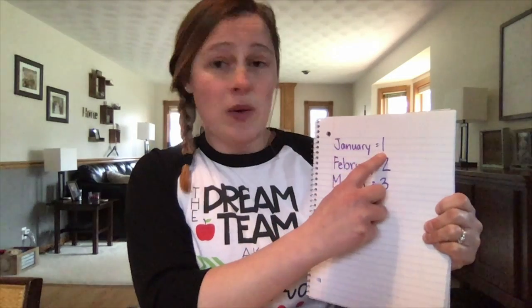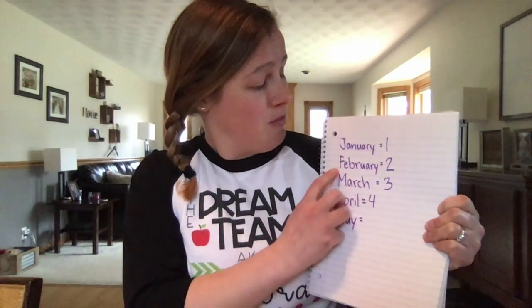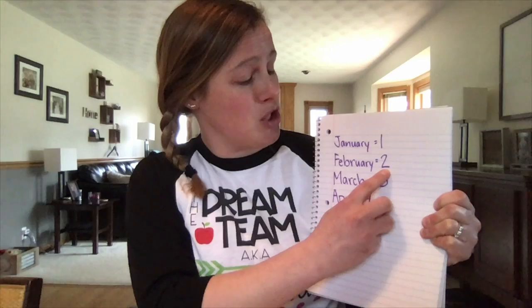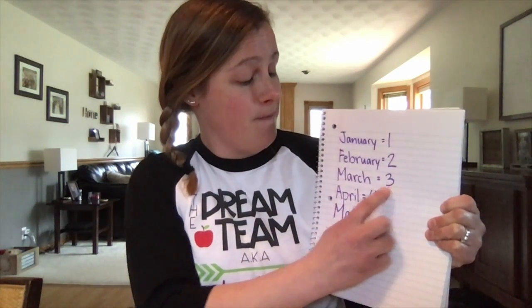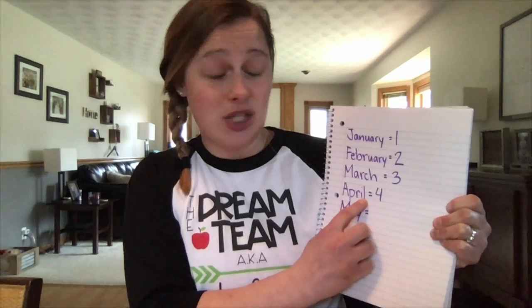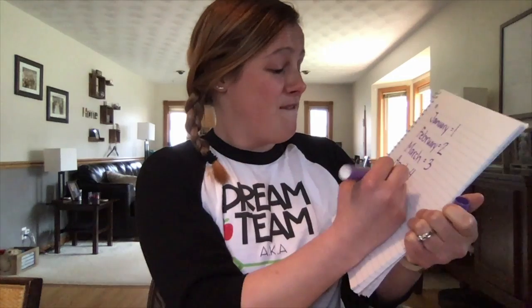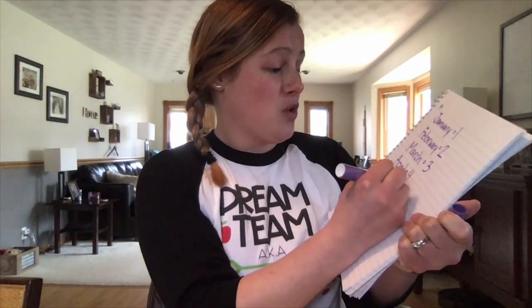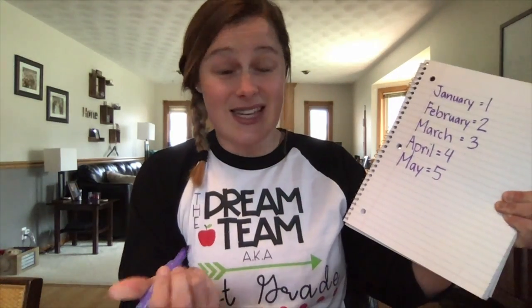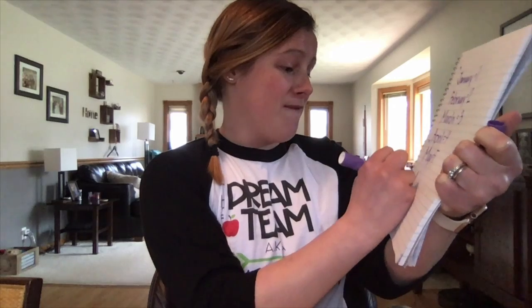Now it is a new month, so we have to think about how we are going to write our dates. When it was January, we wrote a 1 for the month. When it was February, we wrote 2. March is the third month, so we wrote 3. April is the fourth month, so we wrote 4. That means May must be the 5th month. So when we write our date, today's date, for example, will be